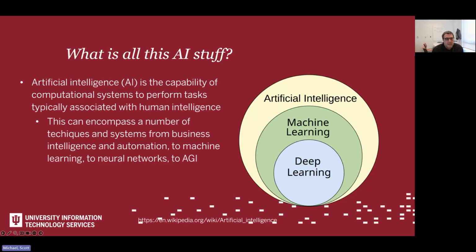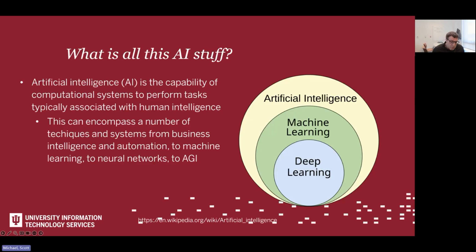This is sort of the Wikipedia definition, where it is a capability for a computational system to behave like a human. So there's a whole host of different techniques that can fall under AI, from sort of business intelligence, automation, traditional machine learning, neural networks, and